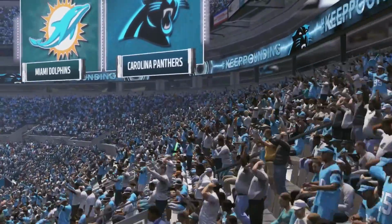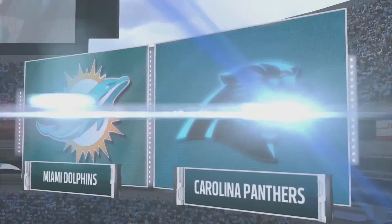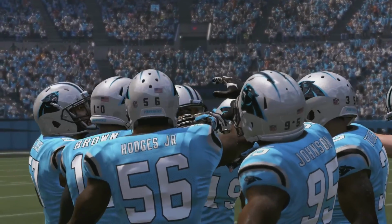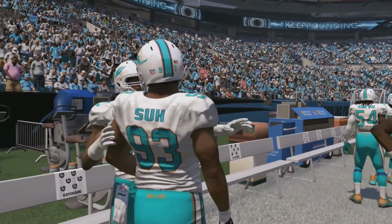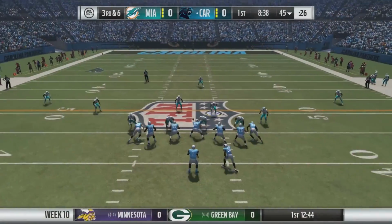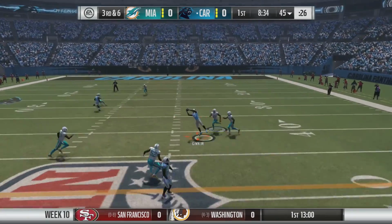16-0 Radio Network in Charlotte, North Carolina, as the Miami Dolphins look to stay undefeated against the Carolina Panthers in their stadium. And this is going to be a tough game as the Miami Dolphins look to advance to 9-0, as the Carolina Panthers have only lost one game, making them 7-1, and the Dolphins 8-0. So this is going to be a tough matchup, and it starts out with Cam Newton taking too long, but